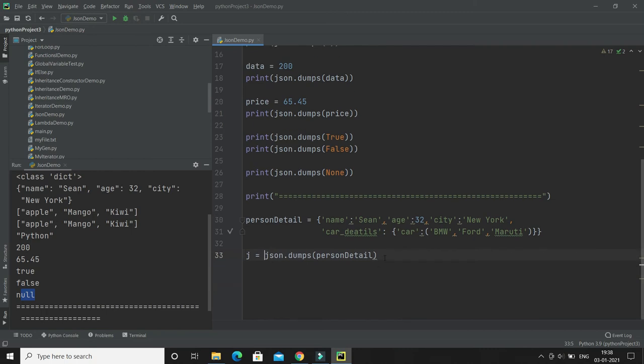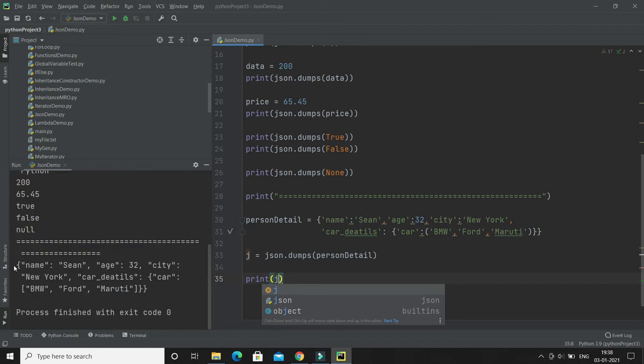If I print j and run it, you can see it is getting printed something like this, which is not in a nice format.